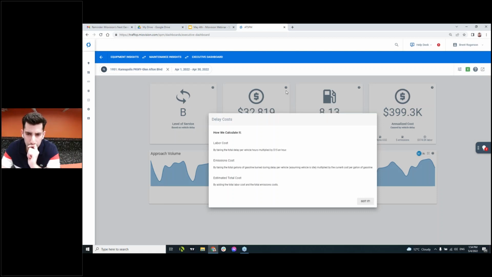Everybody knows there's quite a variable gas price going on. And Canada actually has a much higher minimum wage than many places in the US as well. So we've standardized a little bit how we do labor and emission costs to help with some of those fluctuations in costs. Then we estimate the cost based on a common average across the network, which really helps us give a conservative estimate of what the total cost is. It's often higher than the number we're providing, because people do get paid more and gas prices are going up. So we're taking a conservative approach to some degree, and we're including a $15 an hour labor cost,